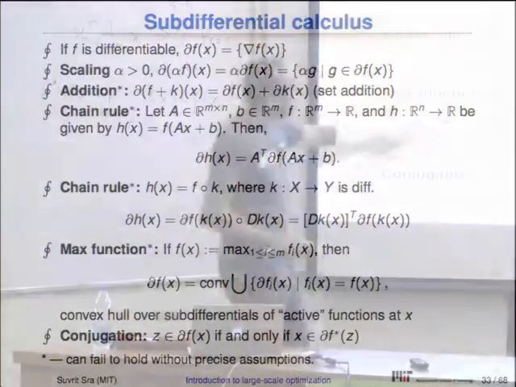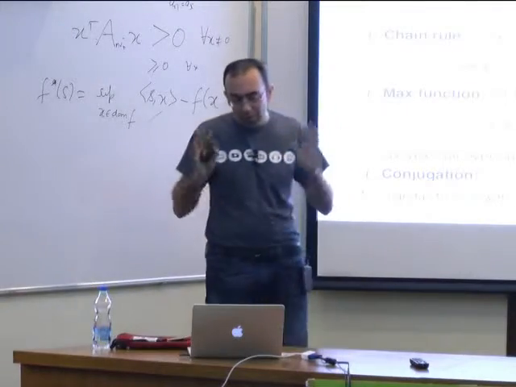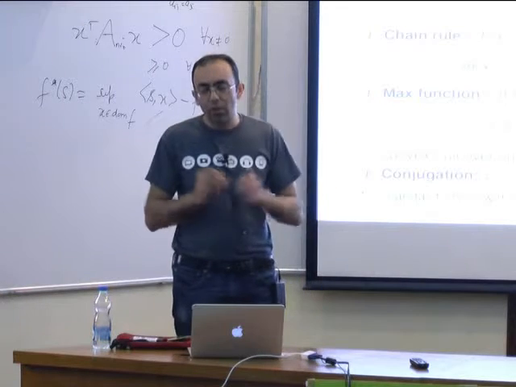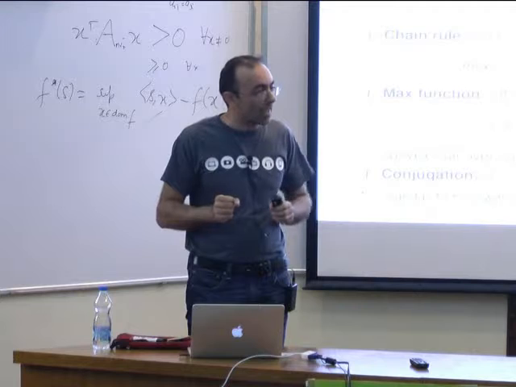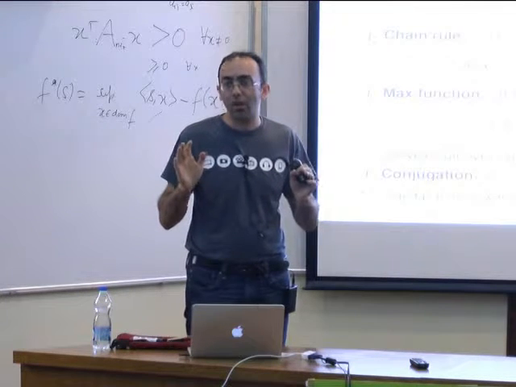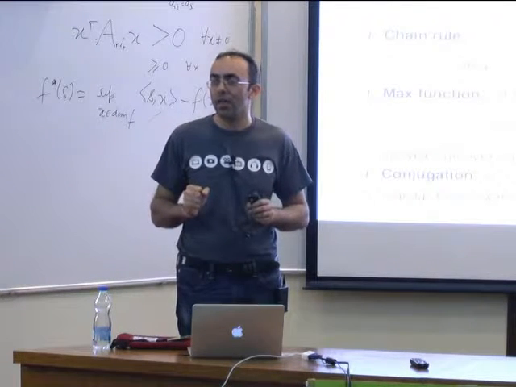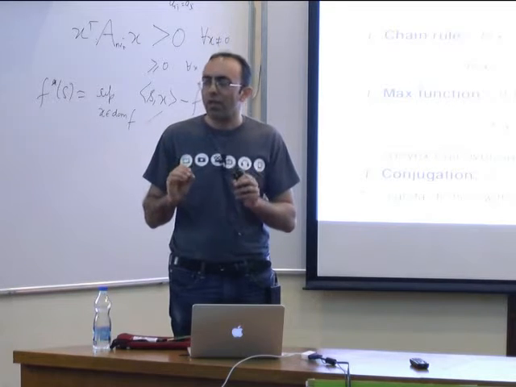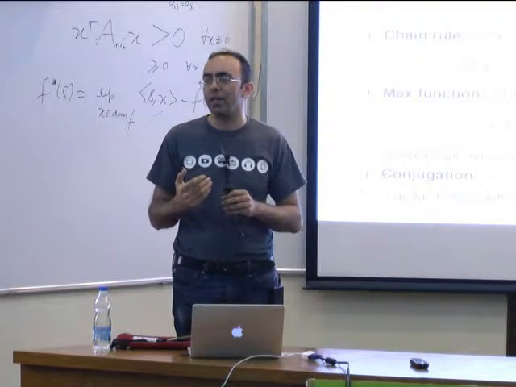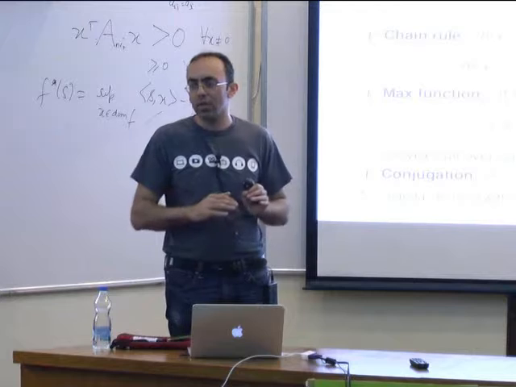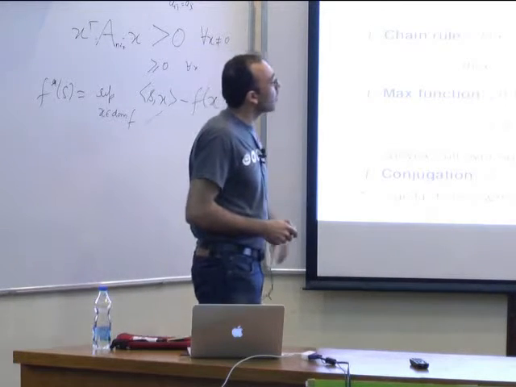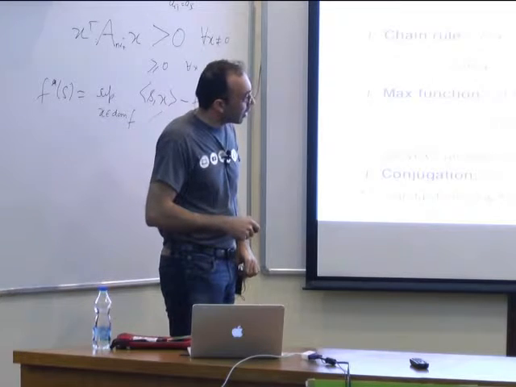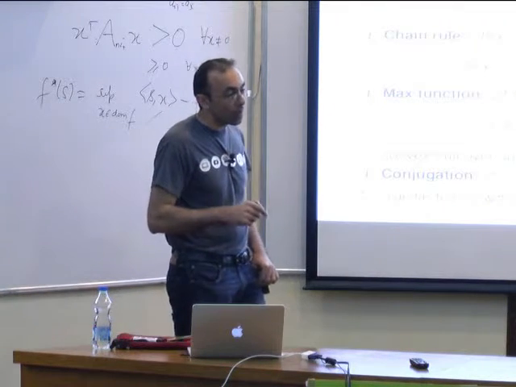A star on those means that, because these rules are for full general convex functions, they don't always hold as nicely as the ordinary rules of differential calculus. But for most of the convex functions that you will be working with in machine learning, these rules work without the star. And some of the most important rules are actually, as we saw,